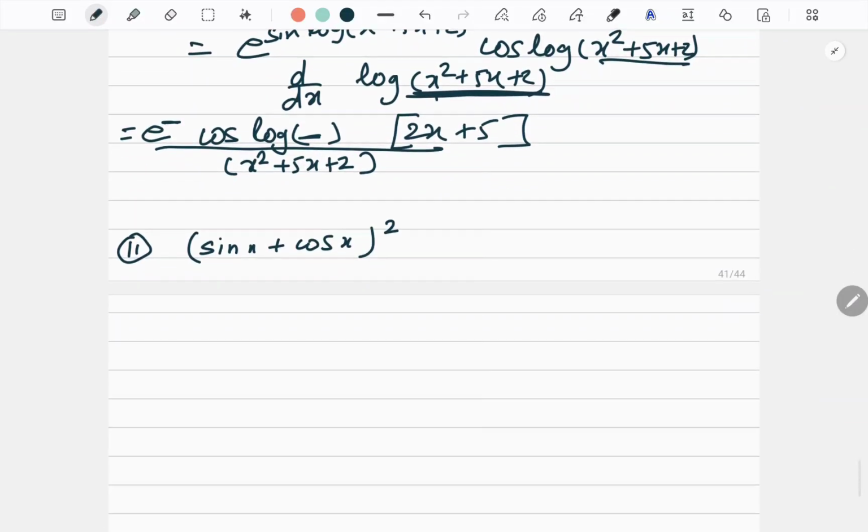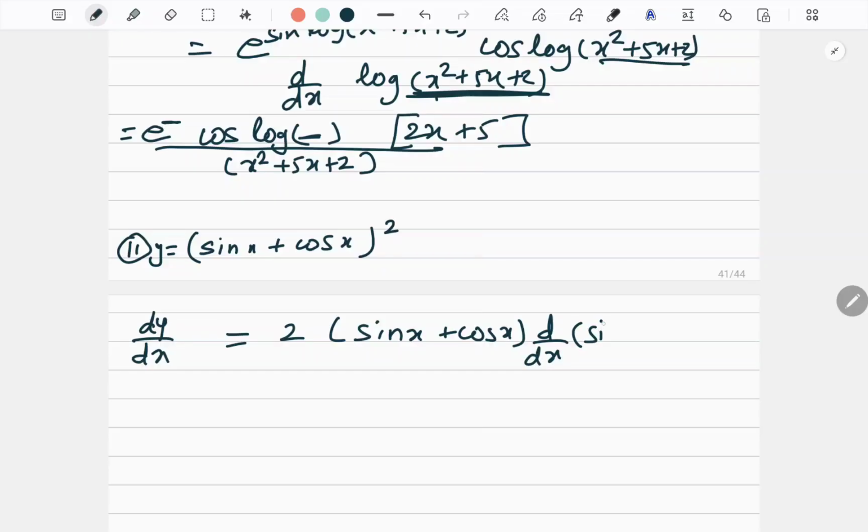So this becomes the answer. Okay. Now look at this 11th question. If I apply chain rule here, so this will become dy by dx. First it is power, so x square. What is the differentiation of x square? 2x. So this 2 will come in front and x is this whole bracket, sin x plus cos x. And then d by dx of this bracket. Correct? So this becomes 2 (sin x plus cos x)